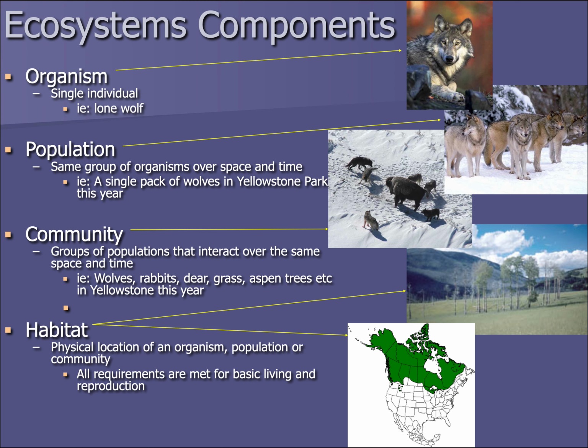So there's a number of ways that we can break down who's included or what's included in an ecosystem. And there's a hierarchical structure that we can look at when we talk about ecosystem components. And that's who lives in this ecosystem. So what species are you? And how many of them are you?